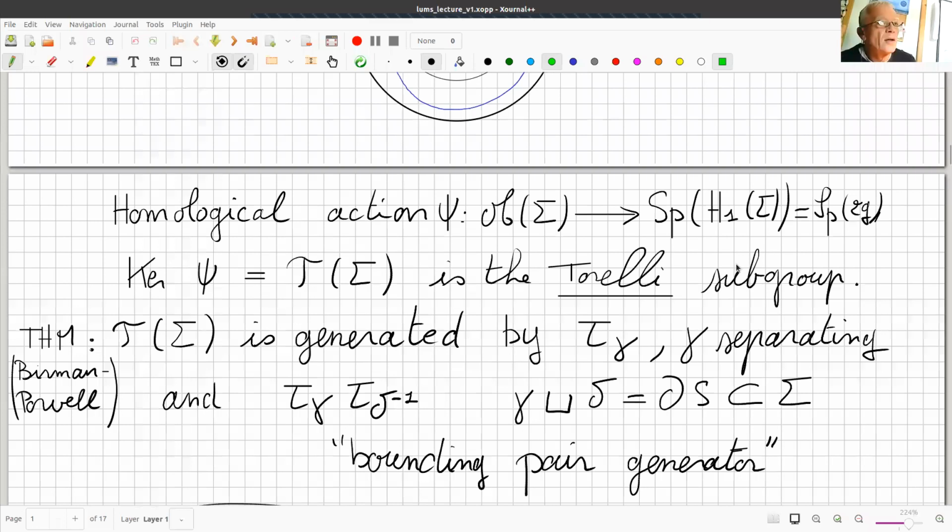Excuse me, Professor Blanchet, how is this action defined, the homological action? It's just by functoriality. Homology is a functor, this means that it associates to a topological space